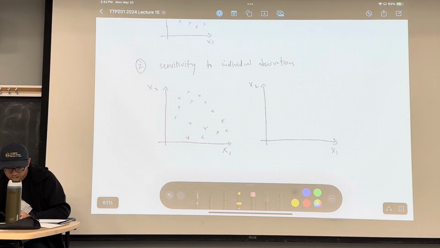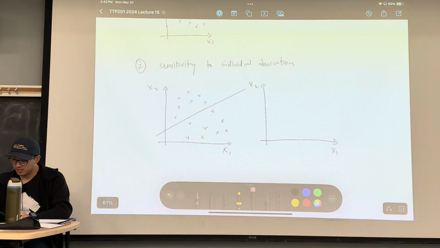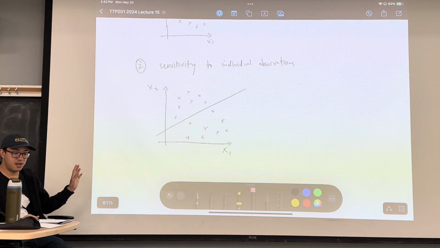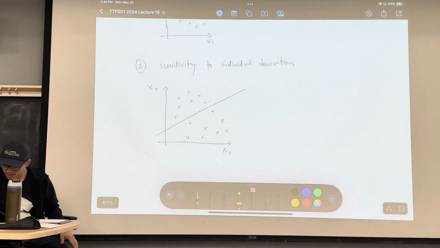If I draw a line here, okay, that's better. Actually, I don't need to do this one. So this would be my separating hyperplane,